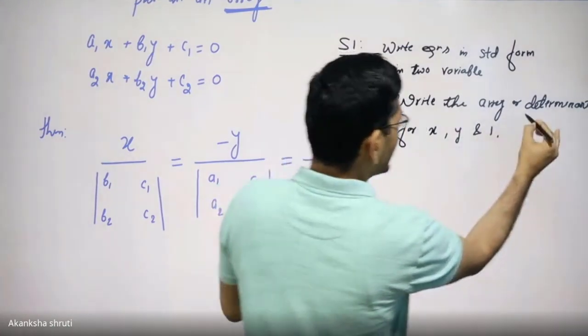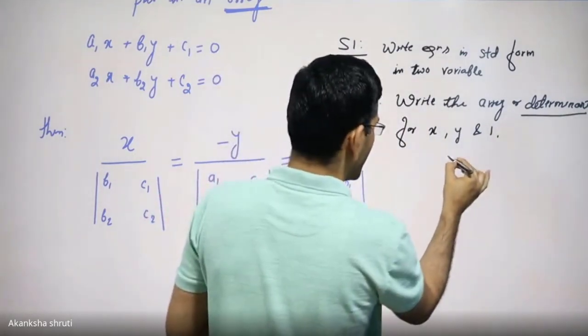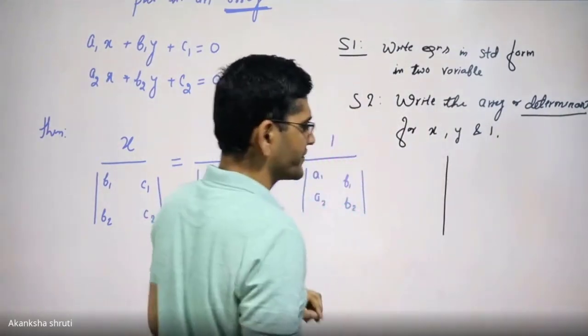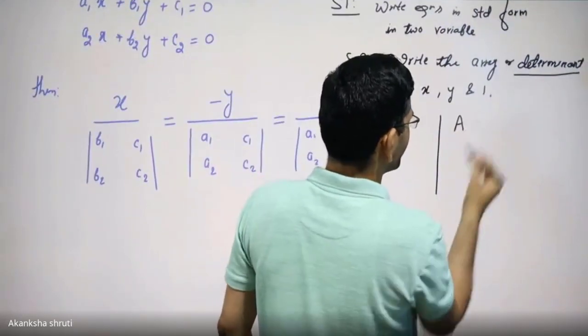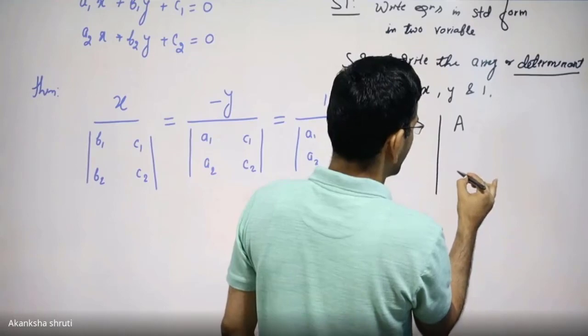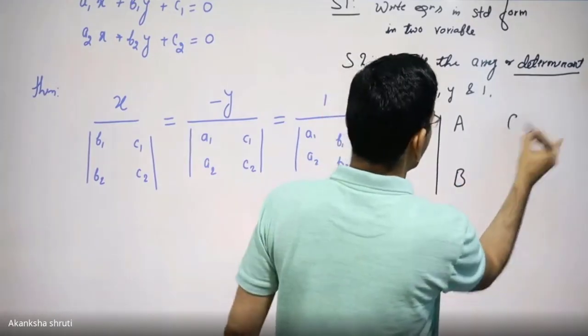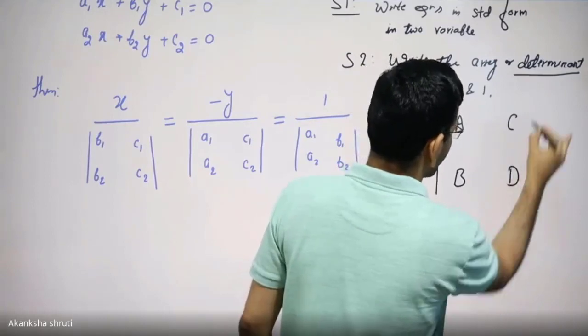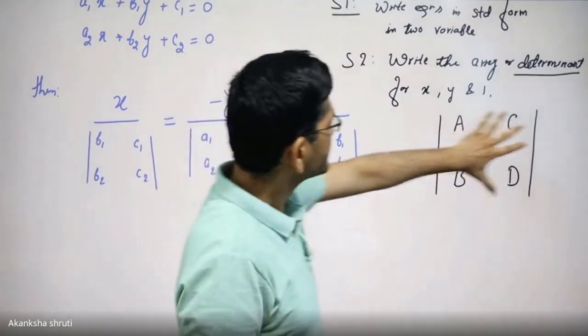What does this array or determinant tell? If you have considered this as A here and below that B is there, then C is here and D is here, then this array tells that, or this arrangement